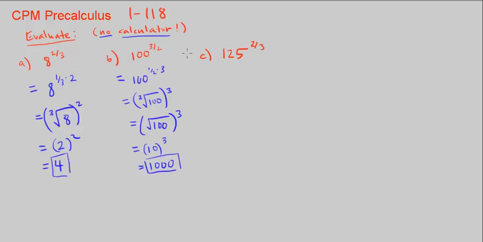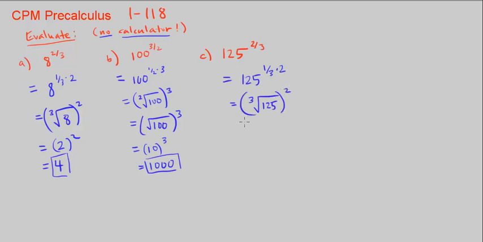Finally, we're going to look at 125 to the 2/3 power. Again, we want to separate the fractional exponent into 1/3 times 2. So I'm just separating the denominator of that 3, putting it over 1, multiplying by the numerator 2. This is equal to the cube root of 125, this first part, and then this 2 means we're going